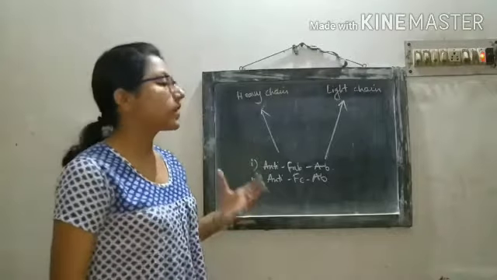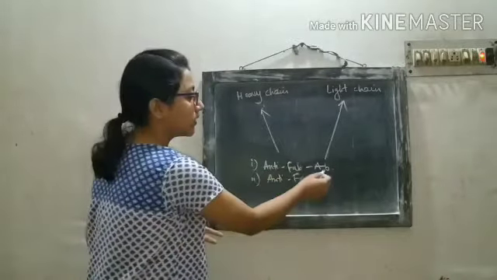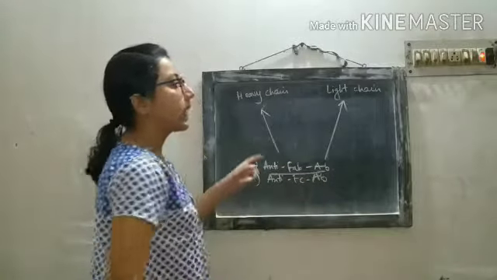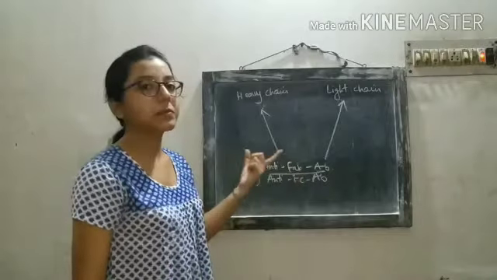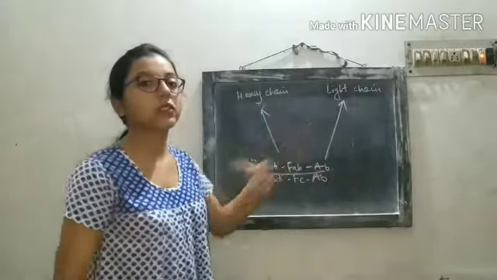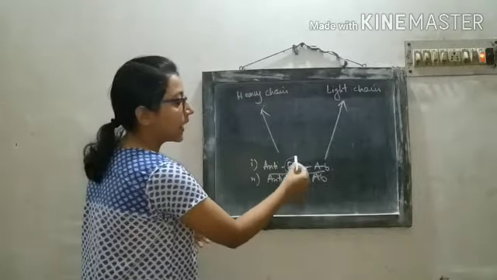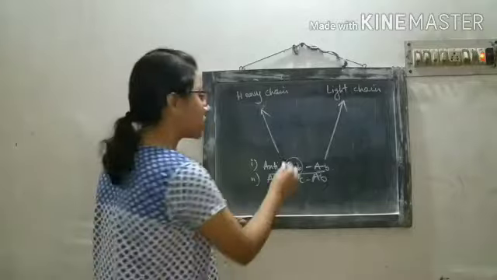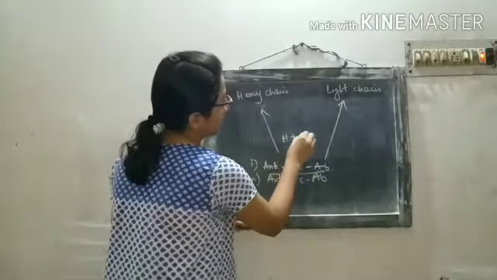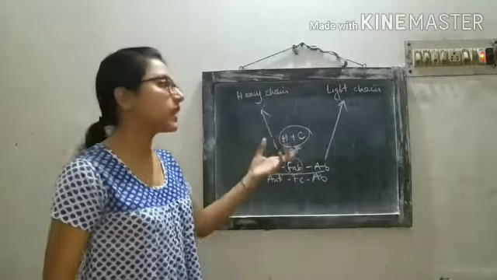So the result was that the anti-Fab antibody was able to bind with both heavy chain and light chain. So what is the conclusion? The conclusion is that the Fab fragment of the antibody is composed of both heavy chain and light chain. So H plus L. Fab fragment is composed of both heavy chain and light chain.